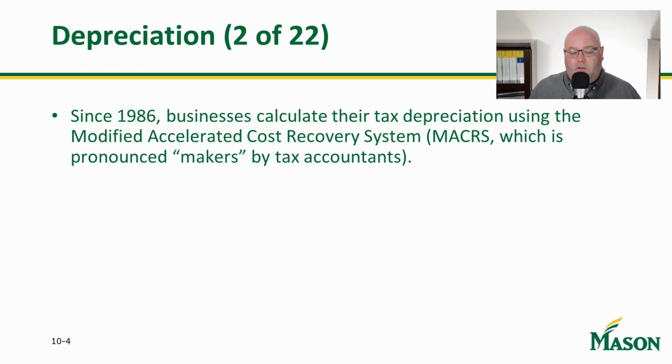And look, Congress isn't stupid. The IRS isn't stupid. They know that if you do that, you're going to go out and buy more stuff. And if you do buy more stuff, it keeps the economy going. So there is a national interest sort of motive with this. Now, why is it modified? Prior to 1986, they used what they called ACRS. Then in 1986, they said, look, we don't like the way this is going, and we're going to make some modifications to it. That's when they went to MACRS, which is how we use this today.